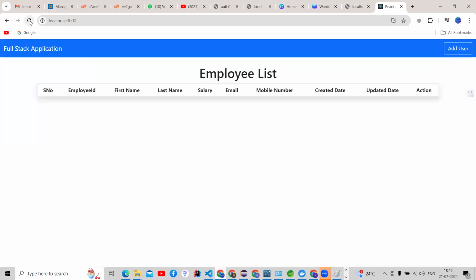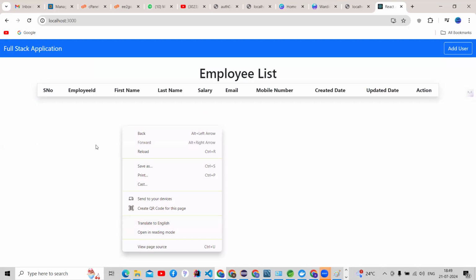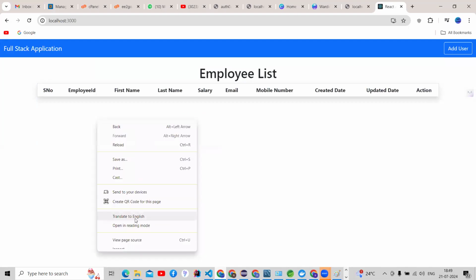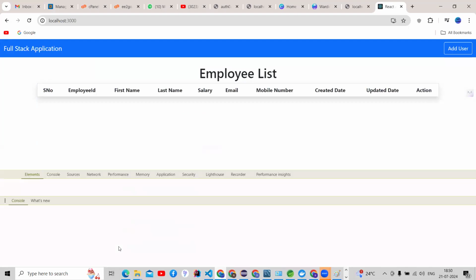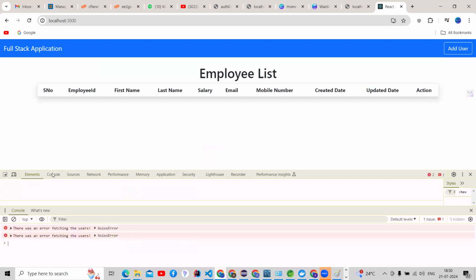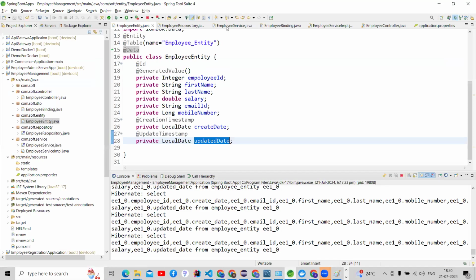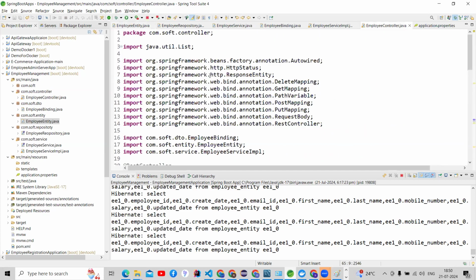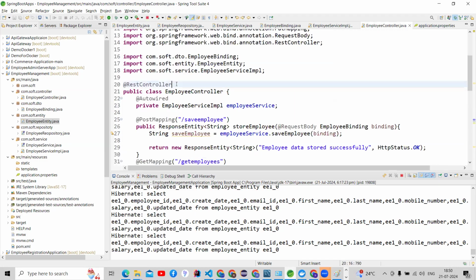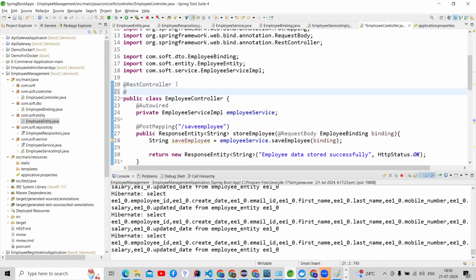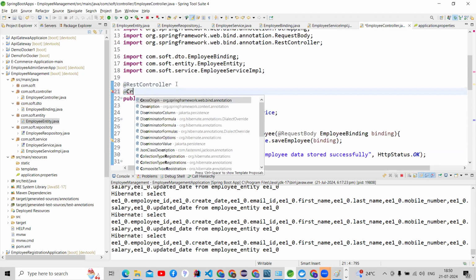Refresh this, it is not able to get the data, right? Because we need to check what it is, so inspect. There is a cross origin issue we get, guys. See here, on origin 3000 we got a cross origin policy issue. Go inside the controller class, and we can use the CrossOrigin annotation, and we need to pass